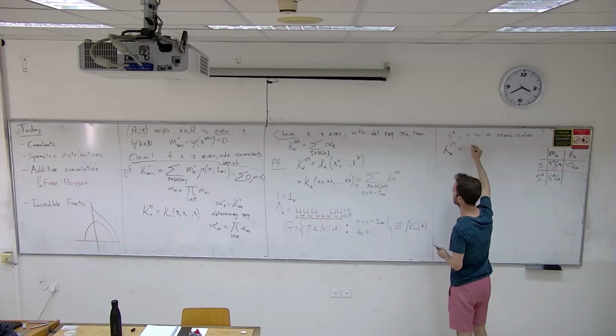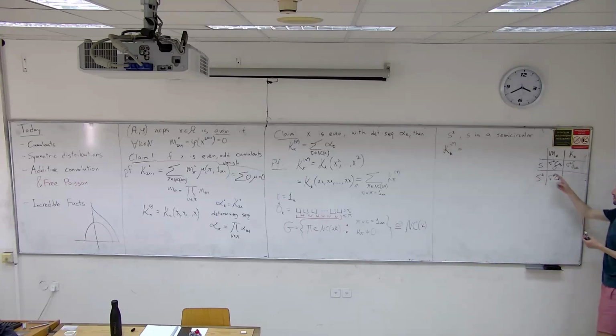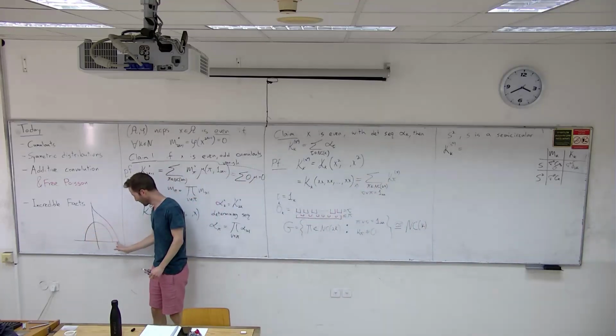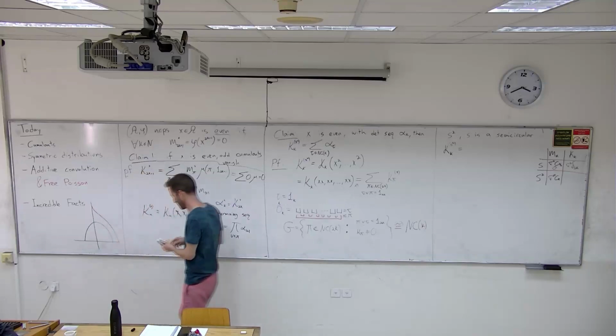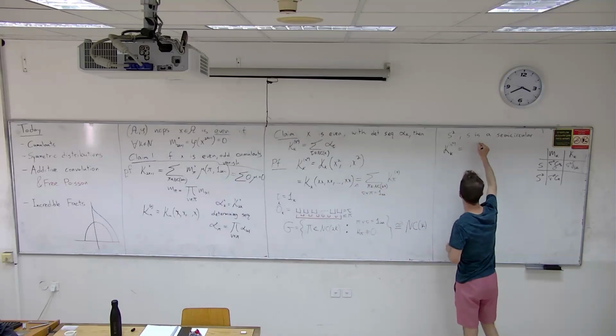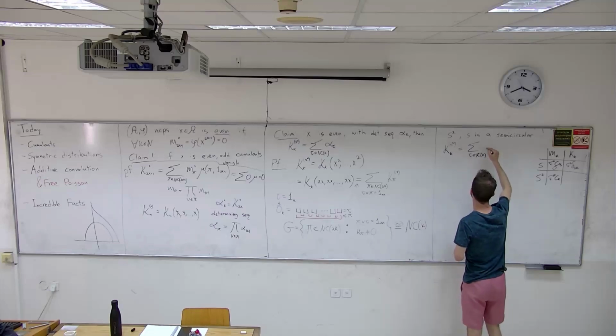Oh, no. S is a semicircle, and S squared is the square of a semicircle. We're trying to figure out what it looks like. If this is the semicircle up to scaling, we expect this one to be the square of the semicircle. By this formula, this equals the sum over tau non-crossing K of the